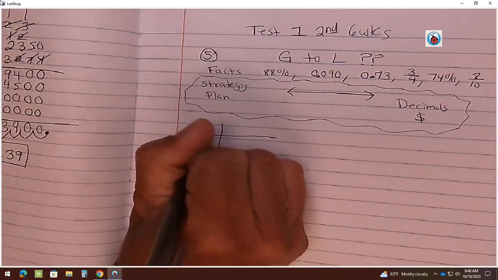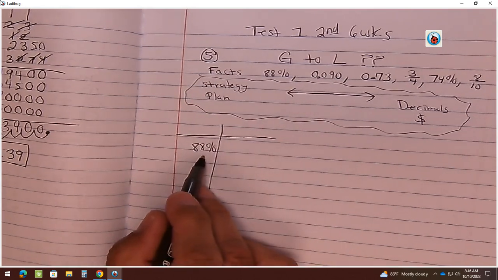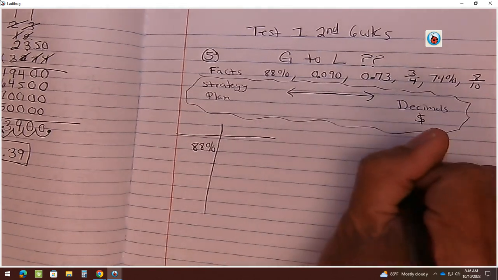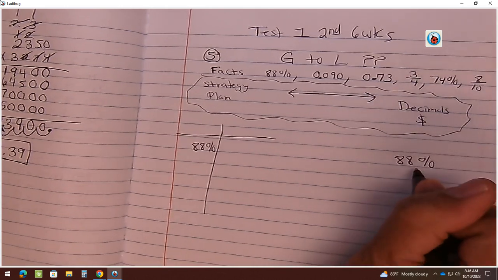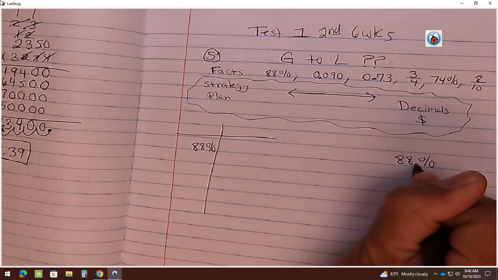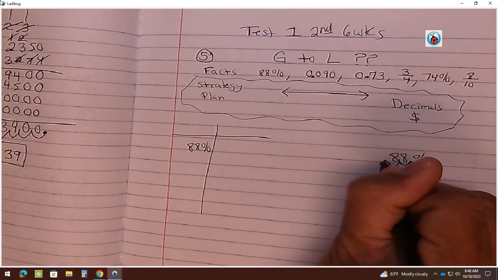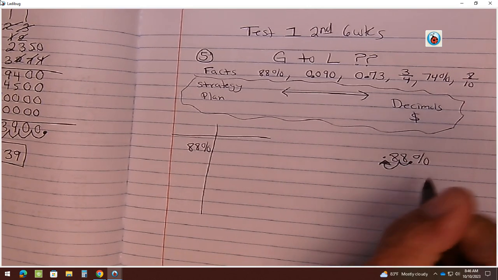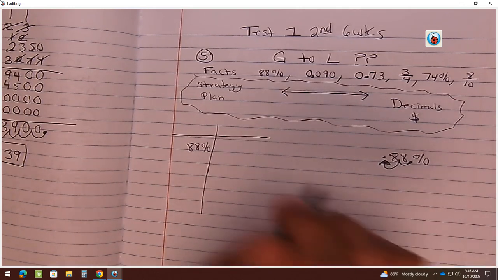88% is the first one that we have there. Now, how do we change 88% to decimal? Twice to the left. So I'm going to come here and I'm going to write it down so we can see the work. I put my decimal there at the end on the right side and I go twice to the left. 1, 2, draw an arrow there. That means that I move the decimal to the left twice. My new answer is